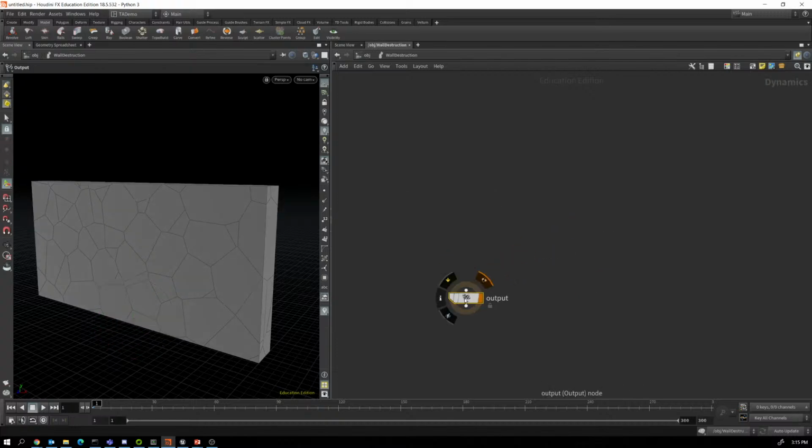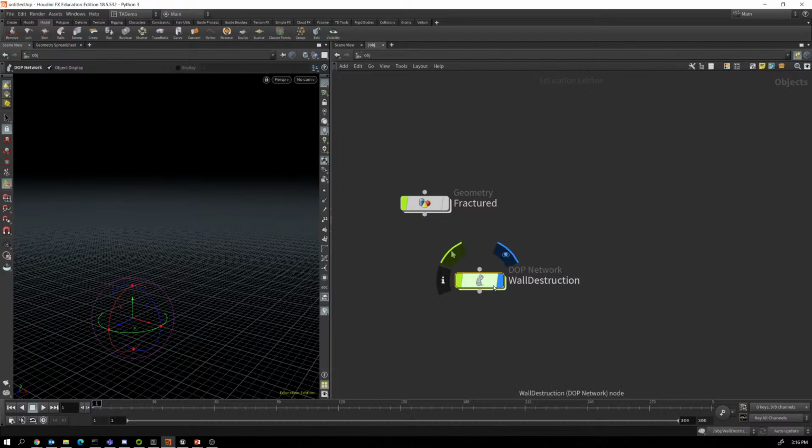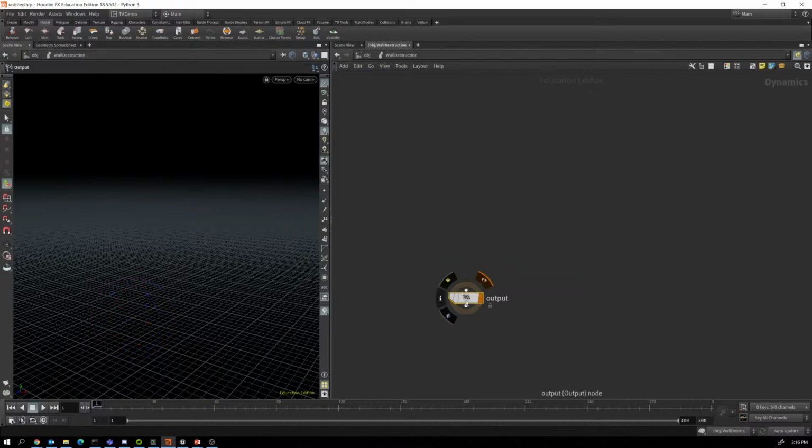All right, and then we're going to build this from the ground up. And what I want to do is turn off my fractured wall, so we're only going to be seeing what's inside of the wall itself. Okay, we're going to do this by hand